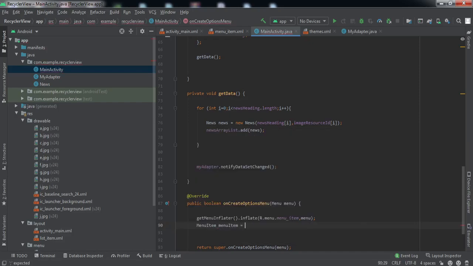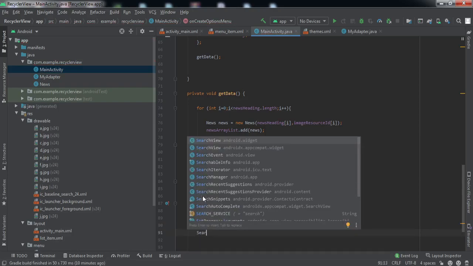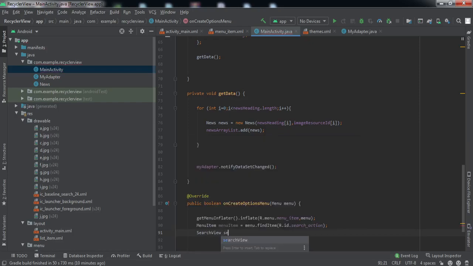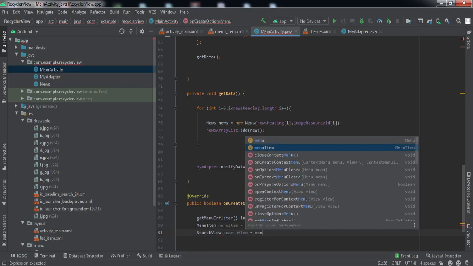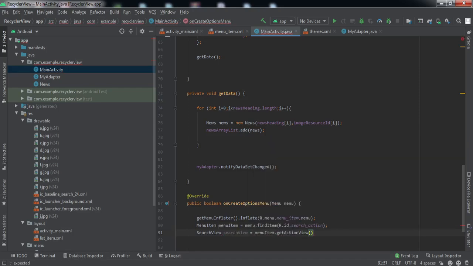So menu item is equal to menu dot find view by id. Make sure that you are taking this android.widget search view, right? Search view is equal to, and we'll typecast it to the search view, right?